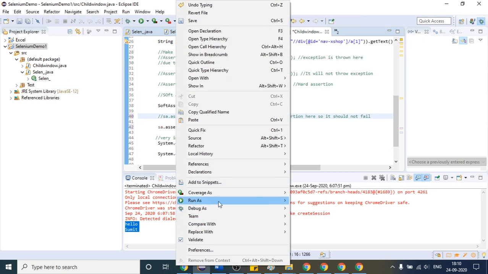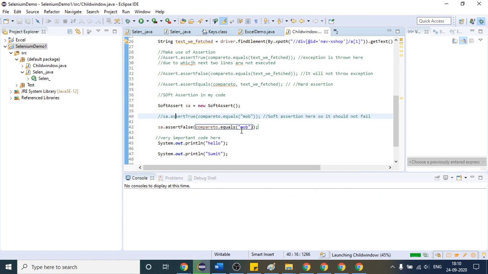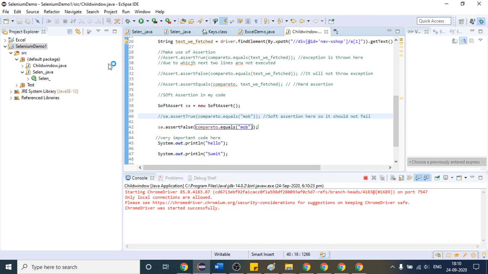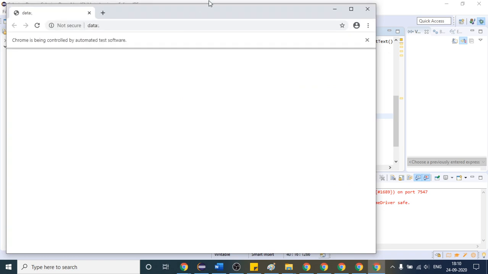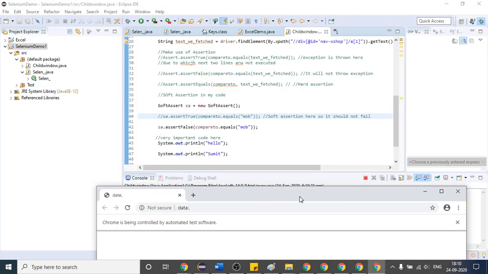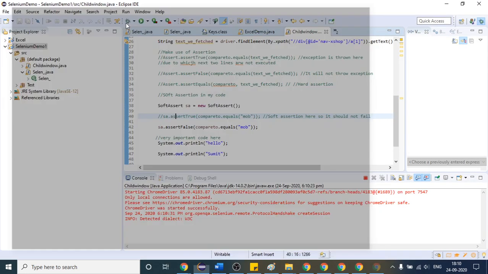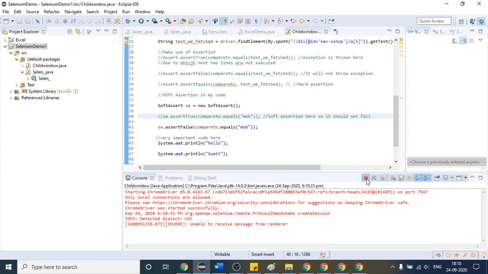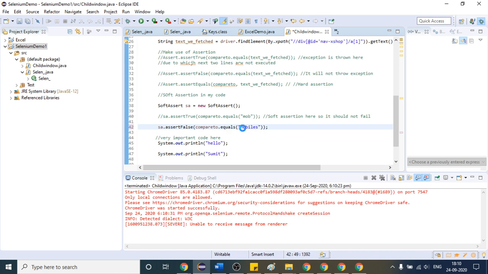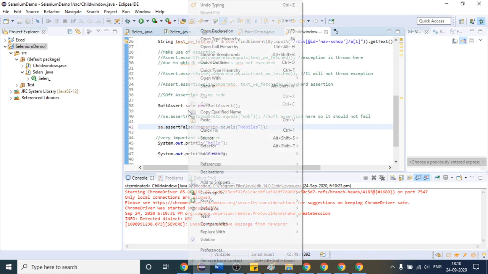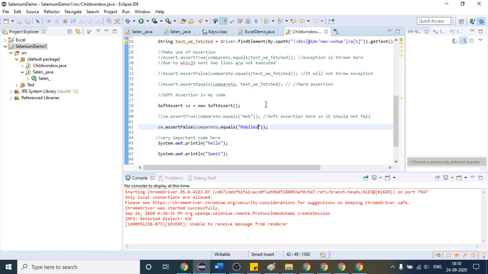See here, if I run this, I think I have run the previous one as well, so the condition will become false here. It will not fail, so let me run it again because we have to provide true here, not false. So I have to provide capital MOBILES. This time it should fail, but as it is soft assertion, it will not fail.